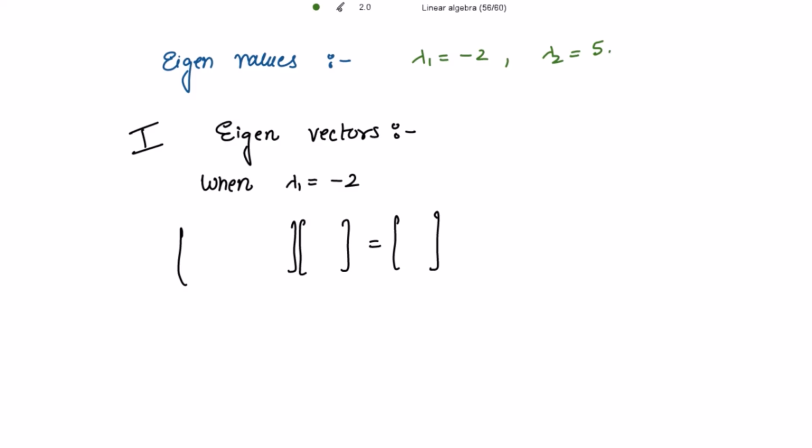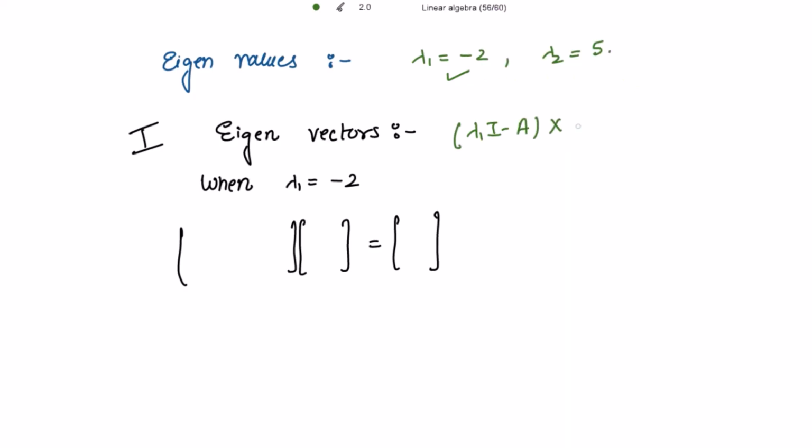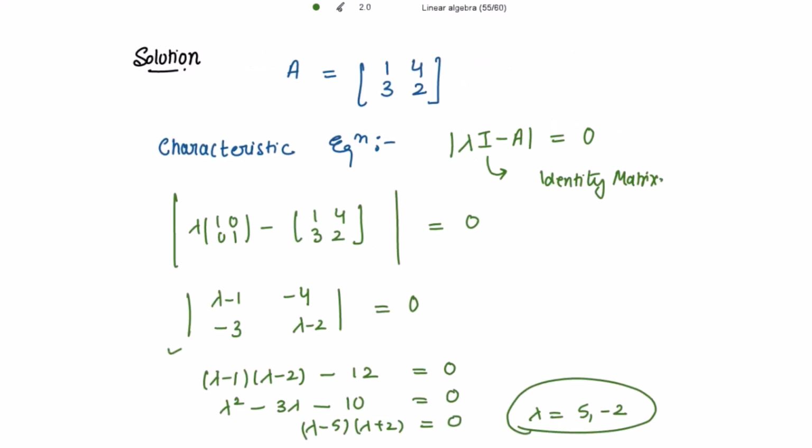Now finding the eigenvectors corresponding to these eigenvalues. So when lambda 1 is equal to minus 2, what do we get? For that we must write the homogeneous equations. That is, lambda 1 I minus A into the vector x equal to 0. Right? So we have already found this, that is this one. And we need to put lambda 1 equal to minus 2 in place of lambda. Right? So we get here minus 3, minus 4,